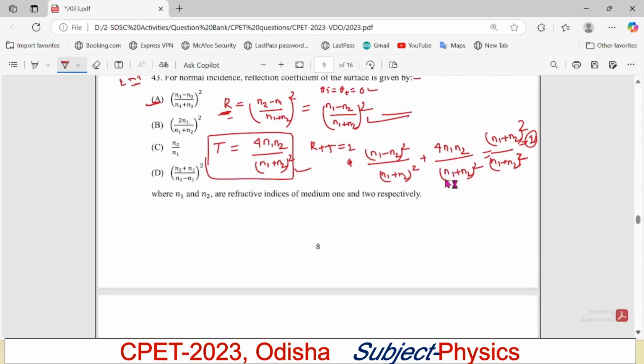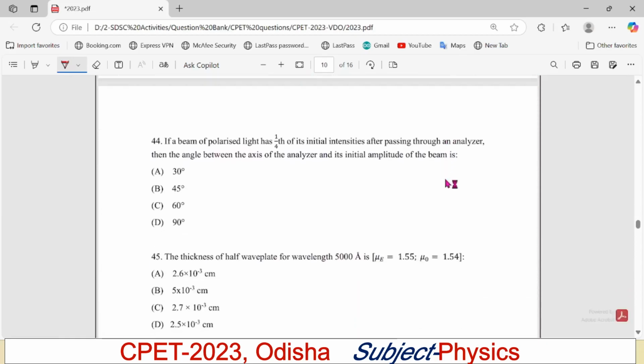In question number 44, it is asked that if a beam of polarized light has 1/4 of its initial intensity after passing through the analyzer, then the angle between the axis of the analyzer and the initial amplitude of the beam is what? Four options, four angles are given. This is a question from Malus law. Directly we can use Malus law and get the answer. According to Malus law, when light passes through an analyzer, the intensity will be how much? I will be equal to I naught